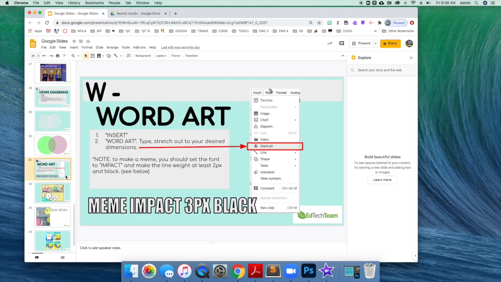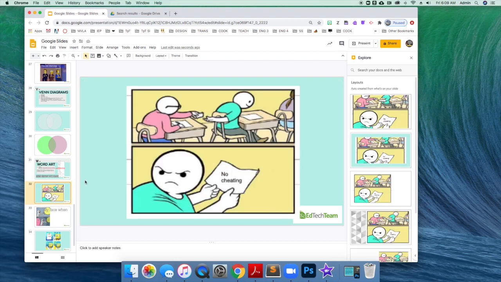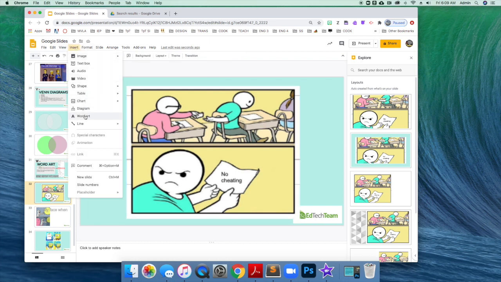Okay. W is for word art. We use this mostly when we are making memes. They do have meme makers online, but I find sometimes that when I direct students to other platforms, I lose them a little bit. So when I am going to create word art, I am going to go to Insert, Word Art, and